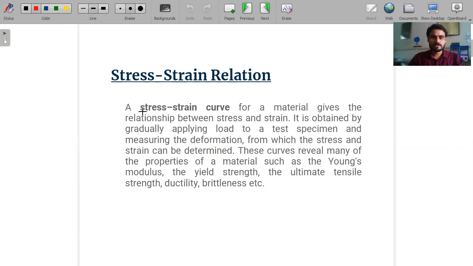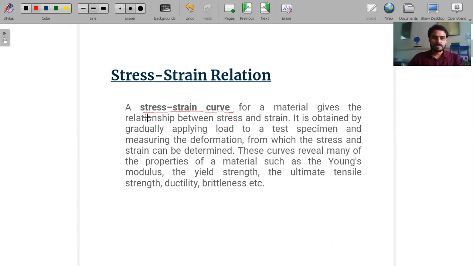The relation between stress and strain is called the stress-strain curve, and that is basically a property of the material, because every material under a specific load shows a standard type of stress-strain relationship. It does not change as per the magnitude of load or as per the shape and size or amount of material. It does not depend on any parameter. Such a property is called a material property, which is fixed and does not change by changing the magnitude of load or by changing the dimension, shape and size of that particular sample.